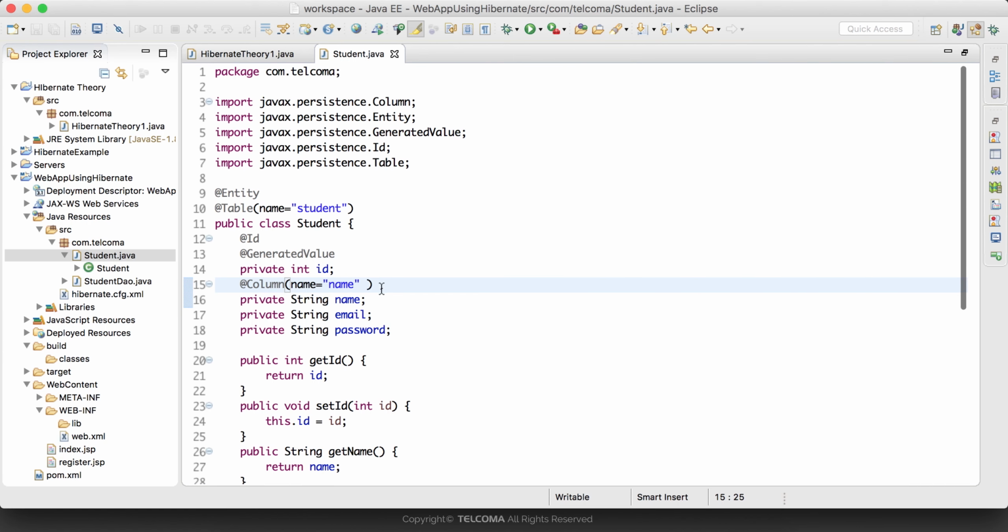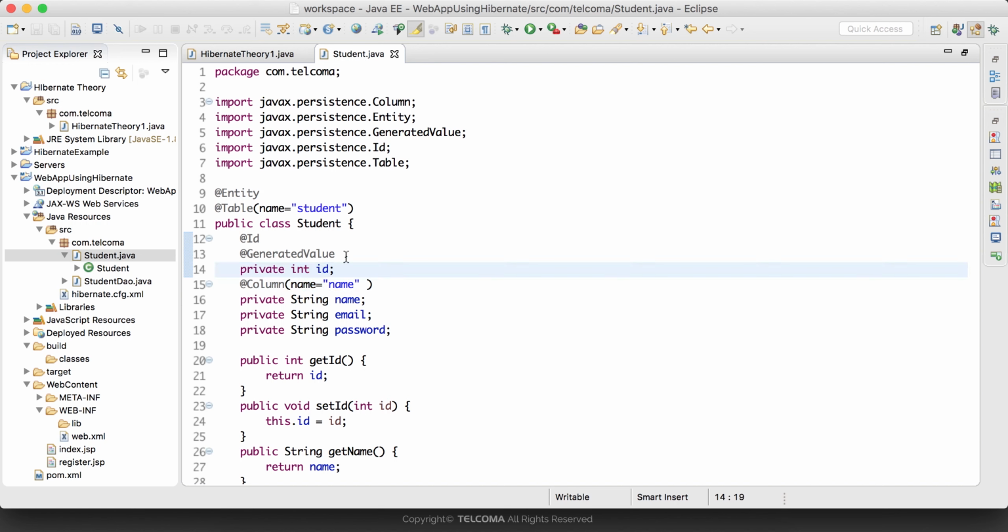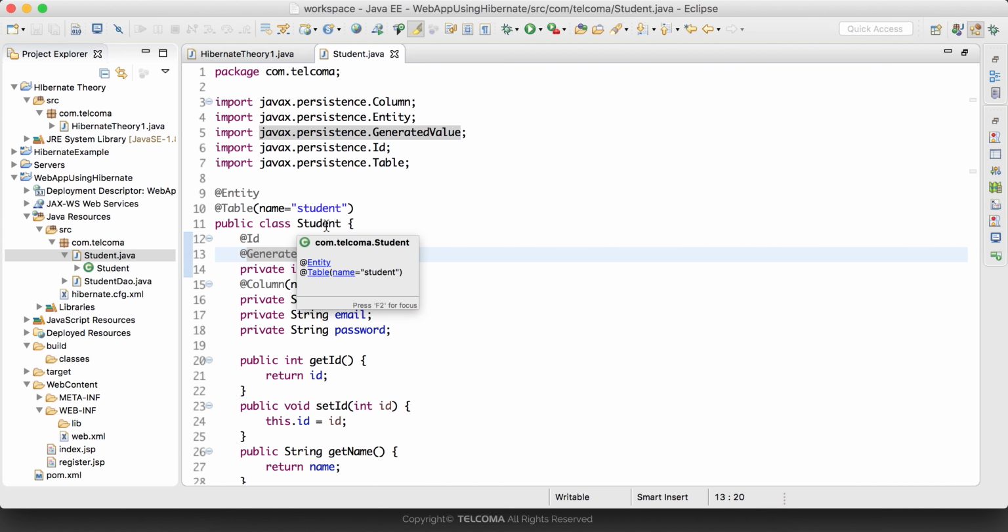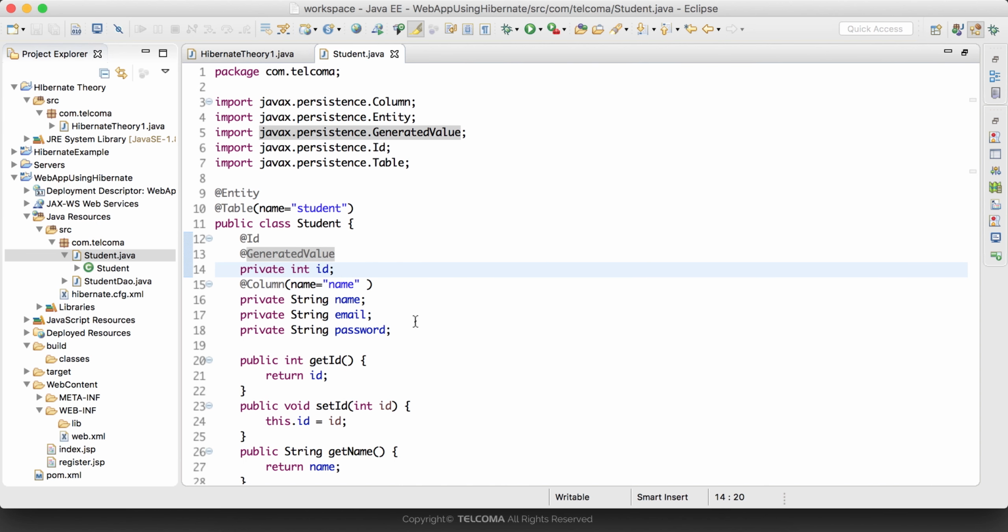So these are the important annotations which are required to make a class an entity bean. We will cover other annotations as well in our upcoming tutorials, for example @OneToOne, OneToMany, ManyToOne, and JoinColumn, InverseJoinColumn. These types of annotations we will cover in our upcoming